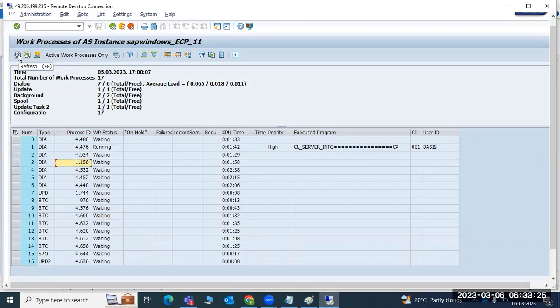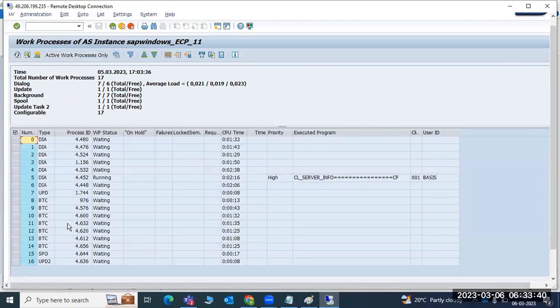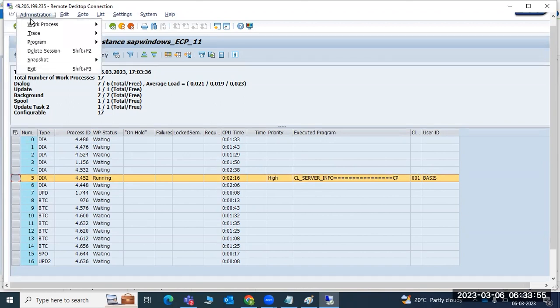Here we can see this is the refresh symbol. You can see, if you keep on refreshing, it will give the status and everything. So okay, if you want to click only active, the only active means running work processes. If you want to check all the work processes, you can check all of them. I want to know what exactly this work process is doing, which means something is running. There is a priority, there is a program, it is running, this is the client, this is the user, something is running. If you go to the administration page,